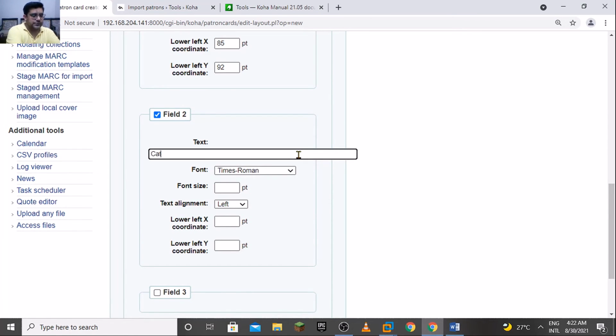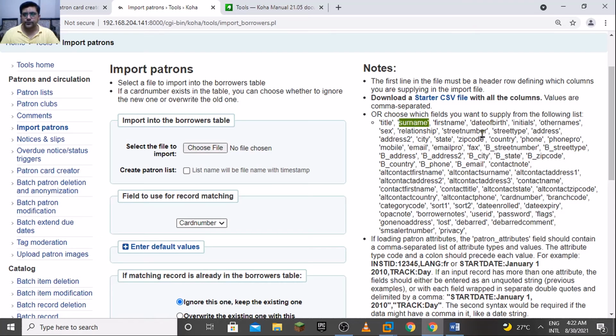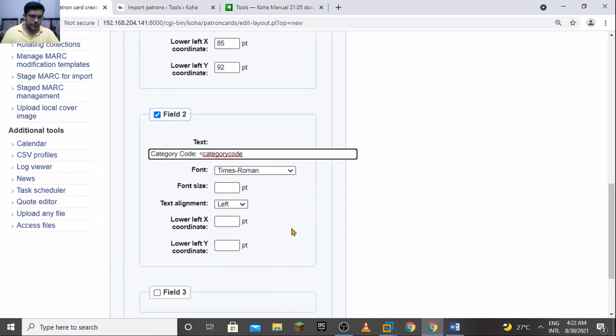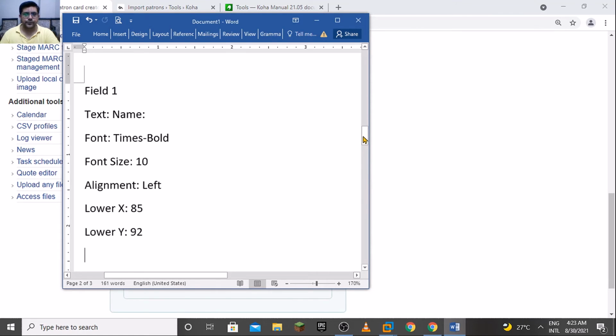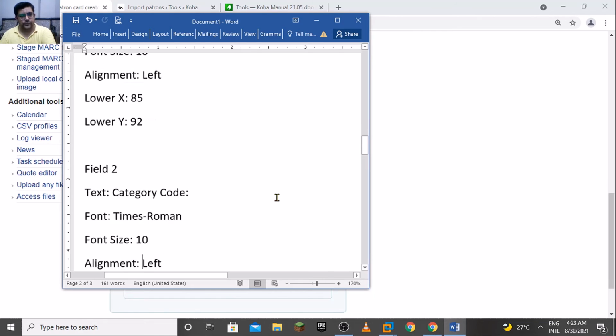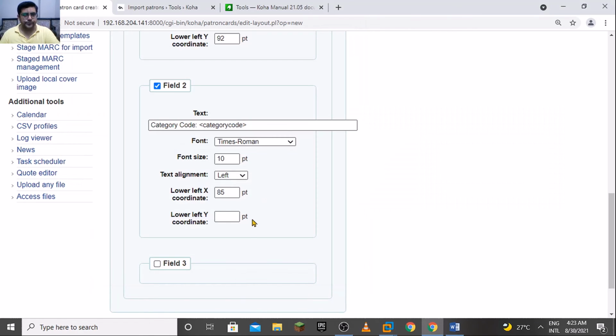so let's suppose category code. In category code, you can also use the classes. And this would be 85, 80, 92 to 80,